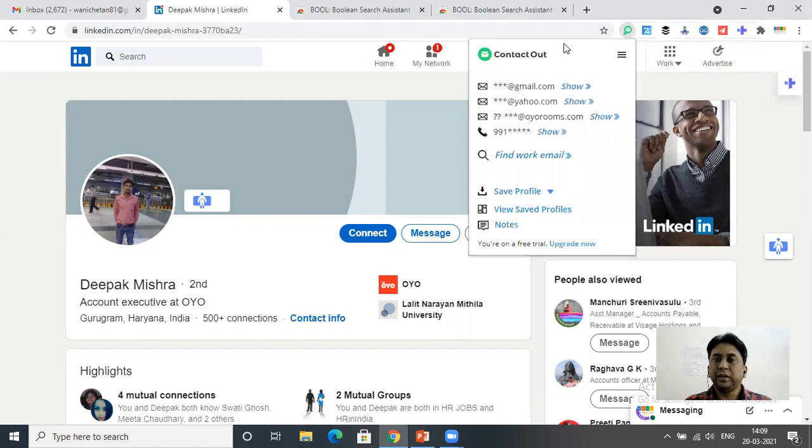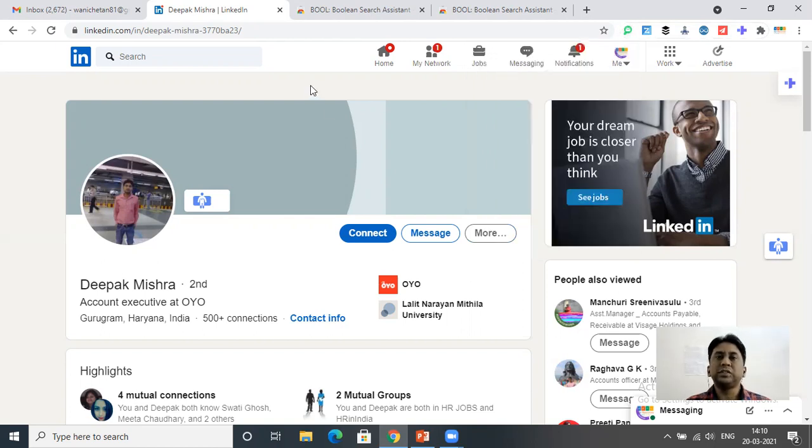Now see, it will show you his Gmail account, his personal Yahoo email, his company email, and his mobile number. So just click on show, and you have his contact details. So you have his mobile number, you have his contact details too. So this is how you can use it for different profiles.